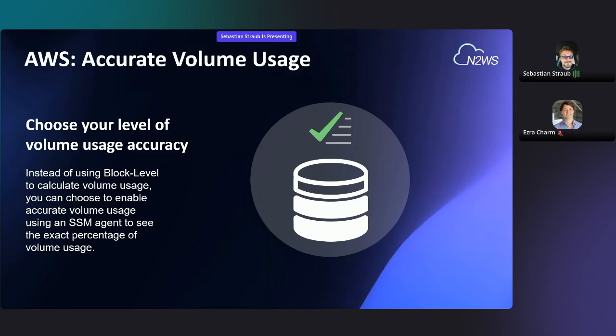Accurate volume usage. So for the users who are already familiar with our product, we have the ability to report on what we are seeing in your resources. Why is that useful? Well, because we're touching your data in order to perform backups, why not report on what we're seeing in your environment? For example, if you have a SQL server and that machine is 99% full,